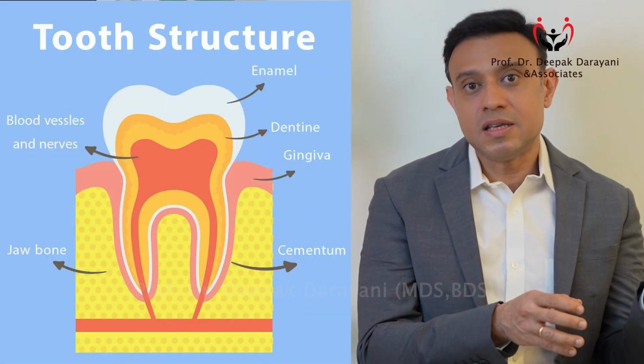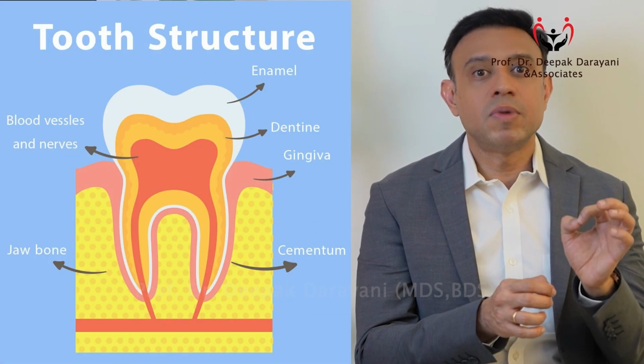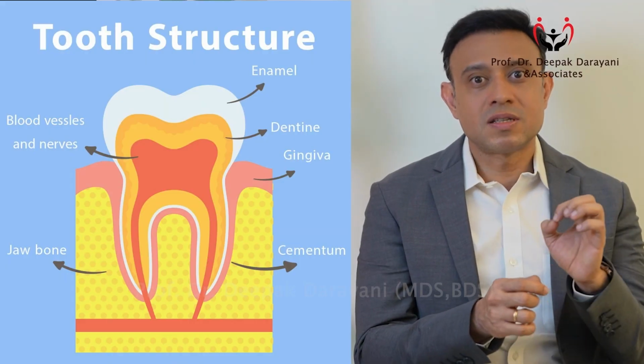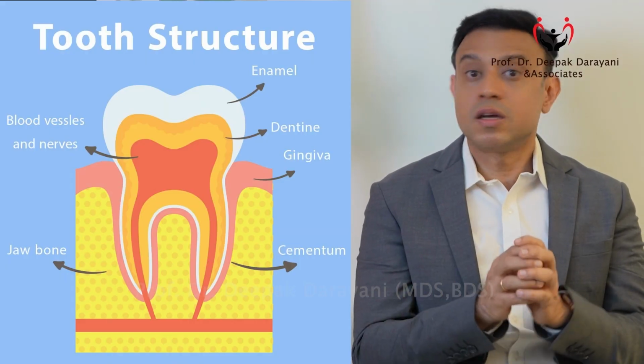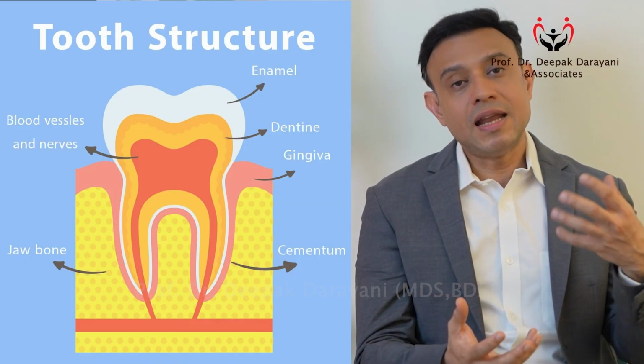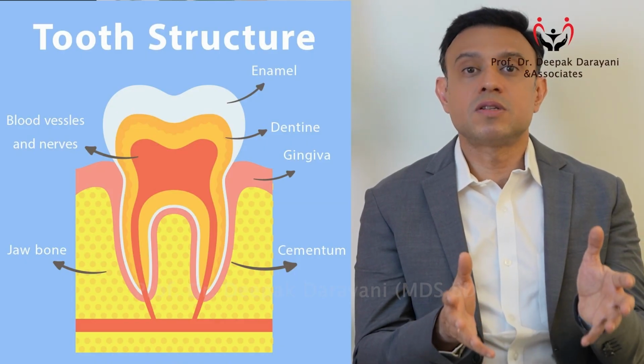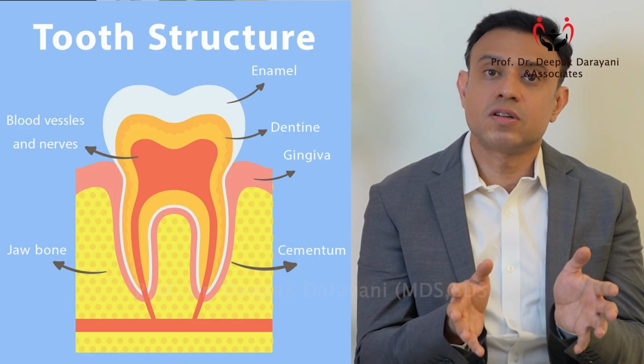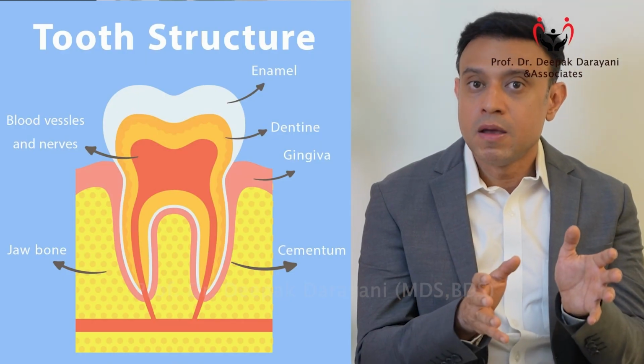So, if you are waiting for the pain to come, you might already be very late. The only signs of enamel caries are darkening of enamel, small black spots, or food getting lodged there but without pain. Now remember one more thing, that enamel contains 99% of calcium and is the hardest structure in your whole body. Whereas the dentine, which is the second layer of the tooth, contains only 55% calcium.